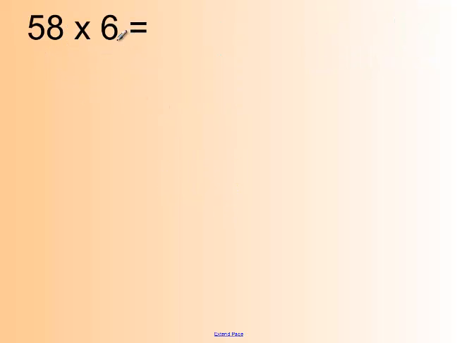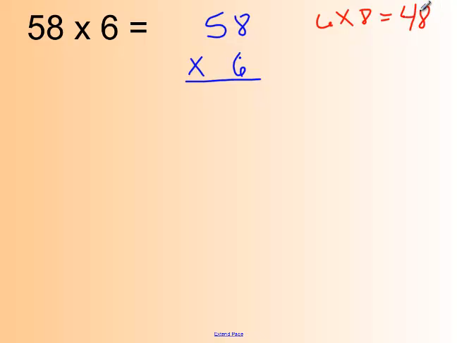Okay, let's look at this next one. 58 times 6 is written horizontal. I want you to rewrite it vertical. Pause the video, and then you can begin working. 58 times 6. Okay, if we're going to take notes off to the side, we need to do the ones place first. So 6 times 8. I'll do my notes to the side. 6 times 8 is equal to 48. We're going to put the 8 in the ones place, and we're going to carry the 4 over next door,